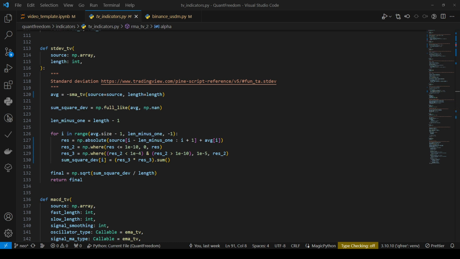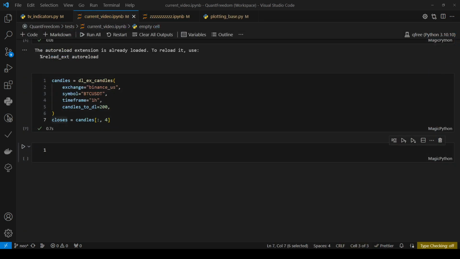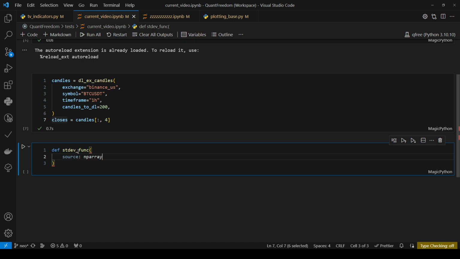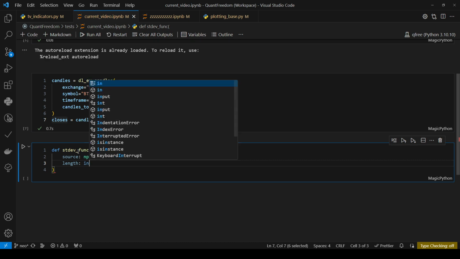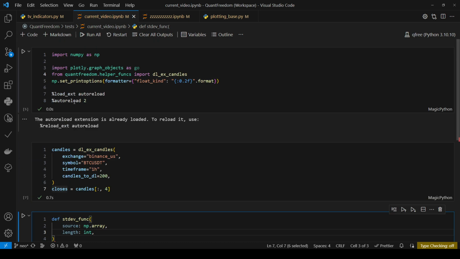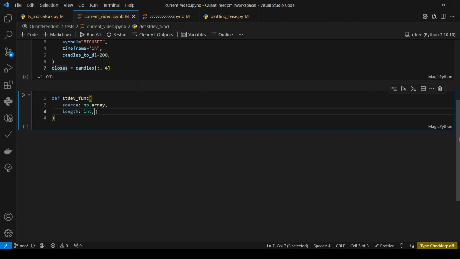So I'm going to show you guys exactly how I was able to take care of all of that using NumPy. And so here we're going to do def standard_dev_func, and it's going to take a source np.array, and it's going to take a length. So I have NumPy imported as np, import numpy as np, okay? So here we're going to say average equals negative